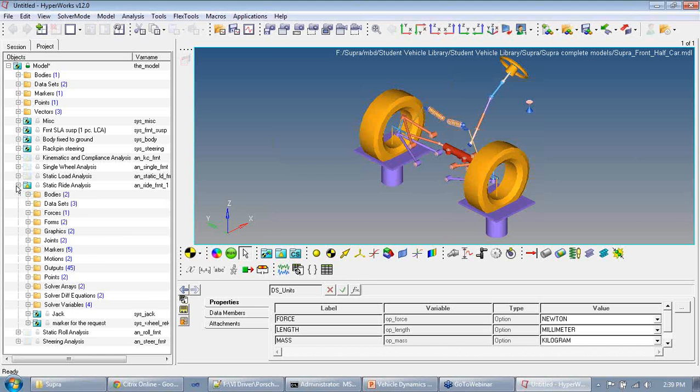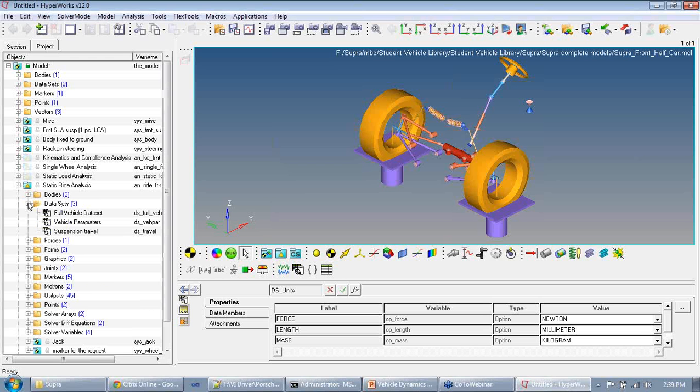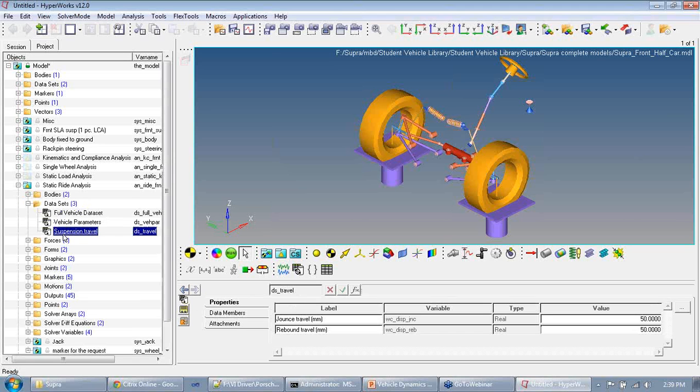Similarly, when you look at the individual analyses, they also have their own datasets, and you can change different things by modifying these datasets. For example, in this dataset, we are adjusting the jounce travel and rebound travel, which means that each wheel should move 50 millimeters in the upper direction and 50 millimeters in the lower direction, and you can change this around by changing these parameters